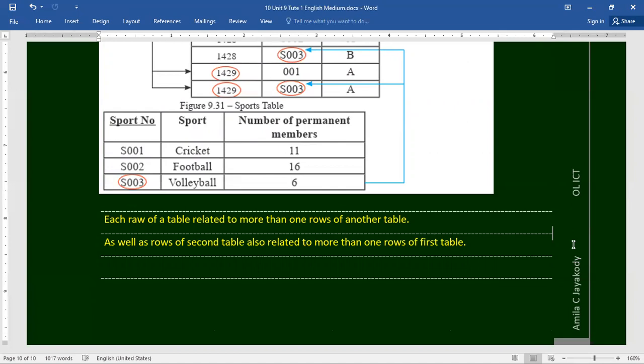So we learned about relationships between tables of a database. There are three types of relationships. One is the one-to-one relationship, the second is the one-to-many relationship, and the third is the many-to-many relationship. With that, we are going to stop for today. And this is the end of the database lesson also, right?